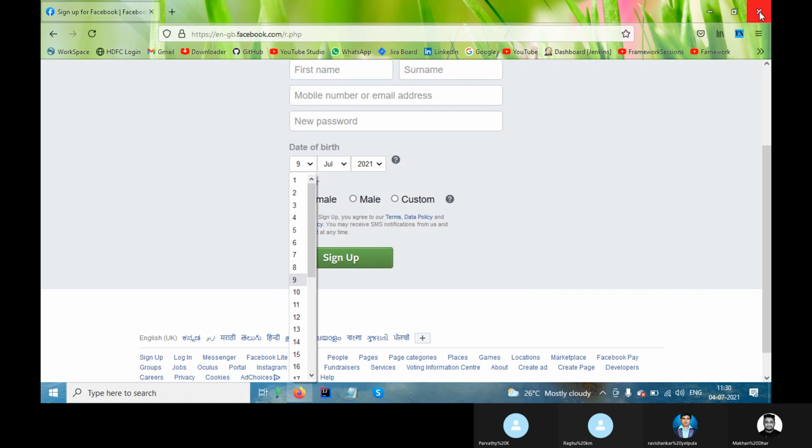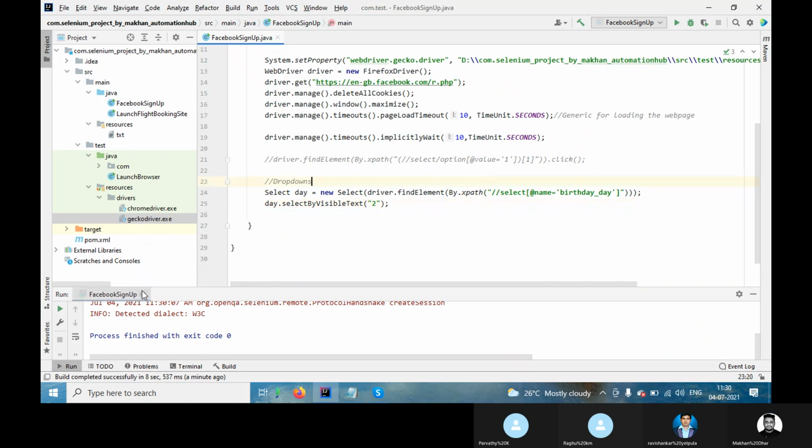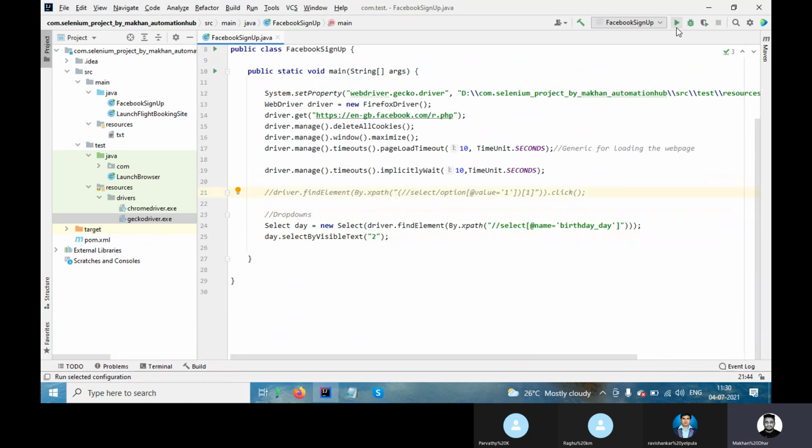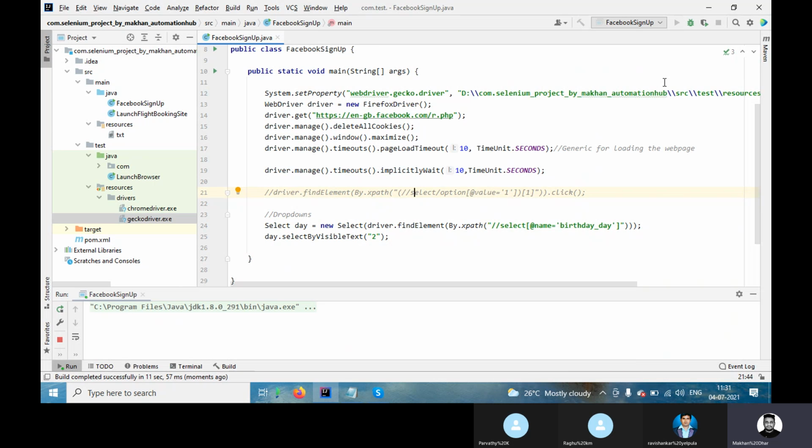So let me close and open. Just change the value here, instead of going and writing the XPath again and again. Maybe your scenario would be that you keep on changing for all values, date wise, and want to check whether dates are selected or not.